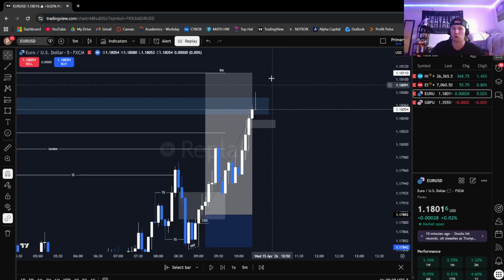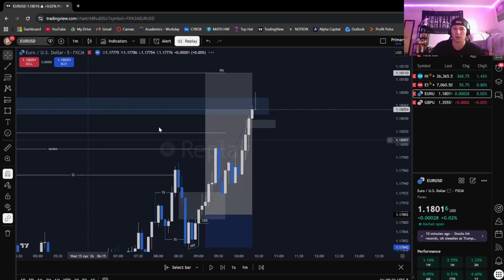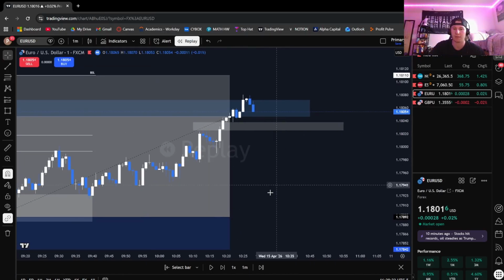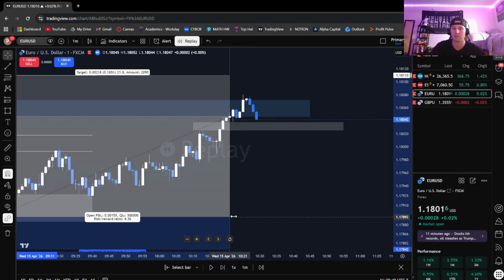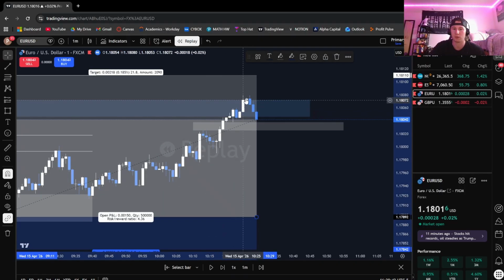And we're also so close to this liquidity, so I wanted to see if this 5-minute gap held, and this technically could have been your 1-minute close. So I could have taken profit on this close,